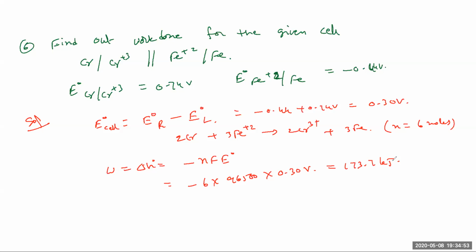Yeah, chromium plus 3, iron plus 2 now. Both are not equal. So you should write the balanced cell reaction. You should balance now. The cell reaction should be balanced. Got it, sir. Note it down. One more next model question I'll give. These are all different models only.